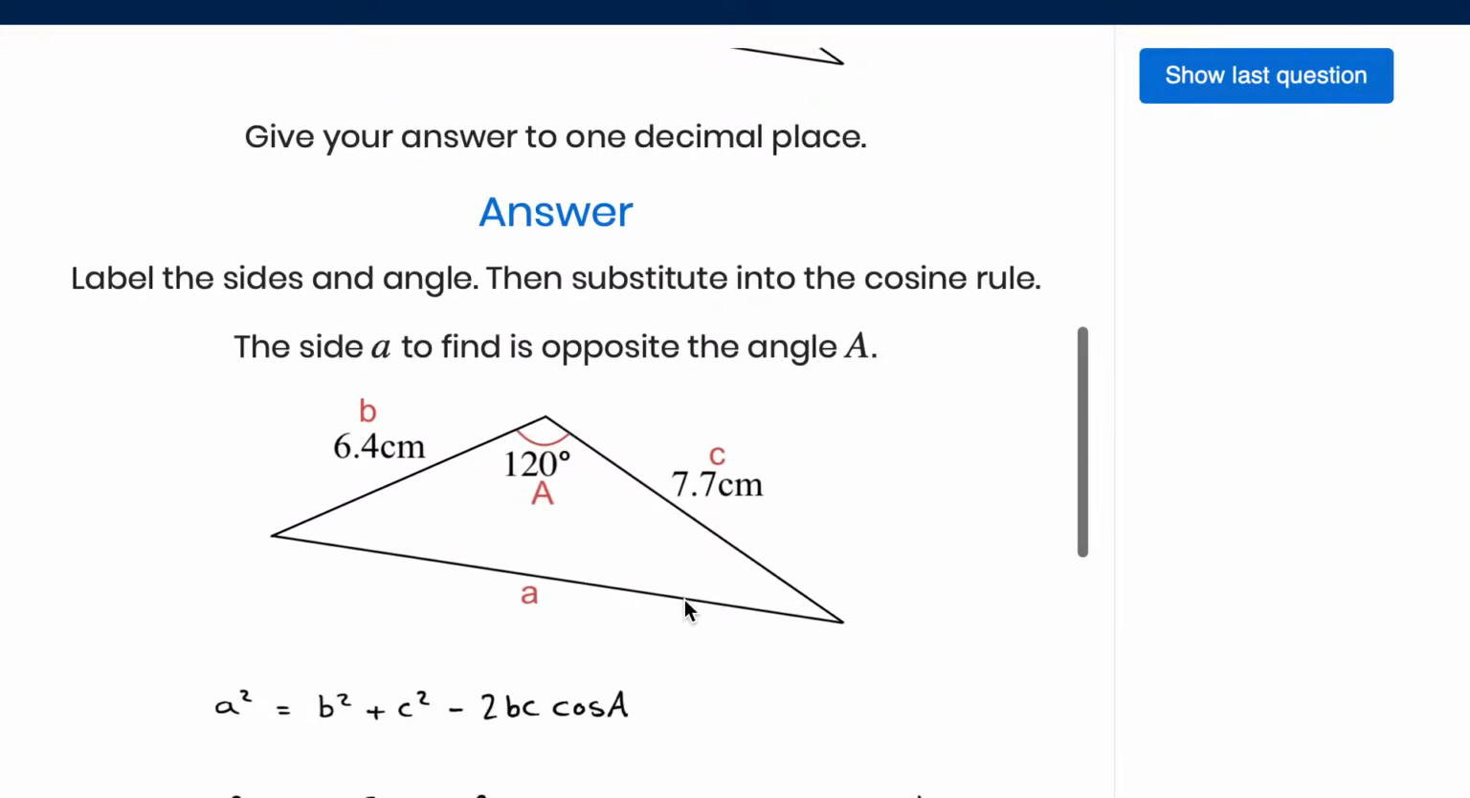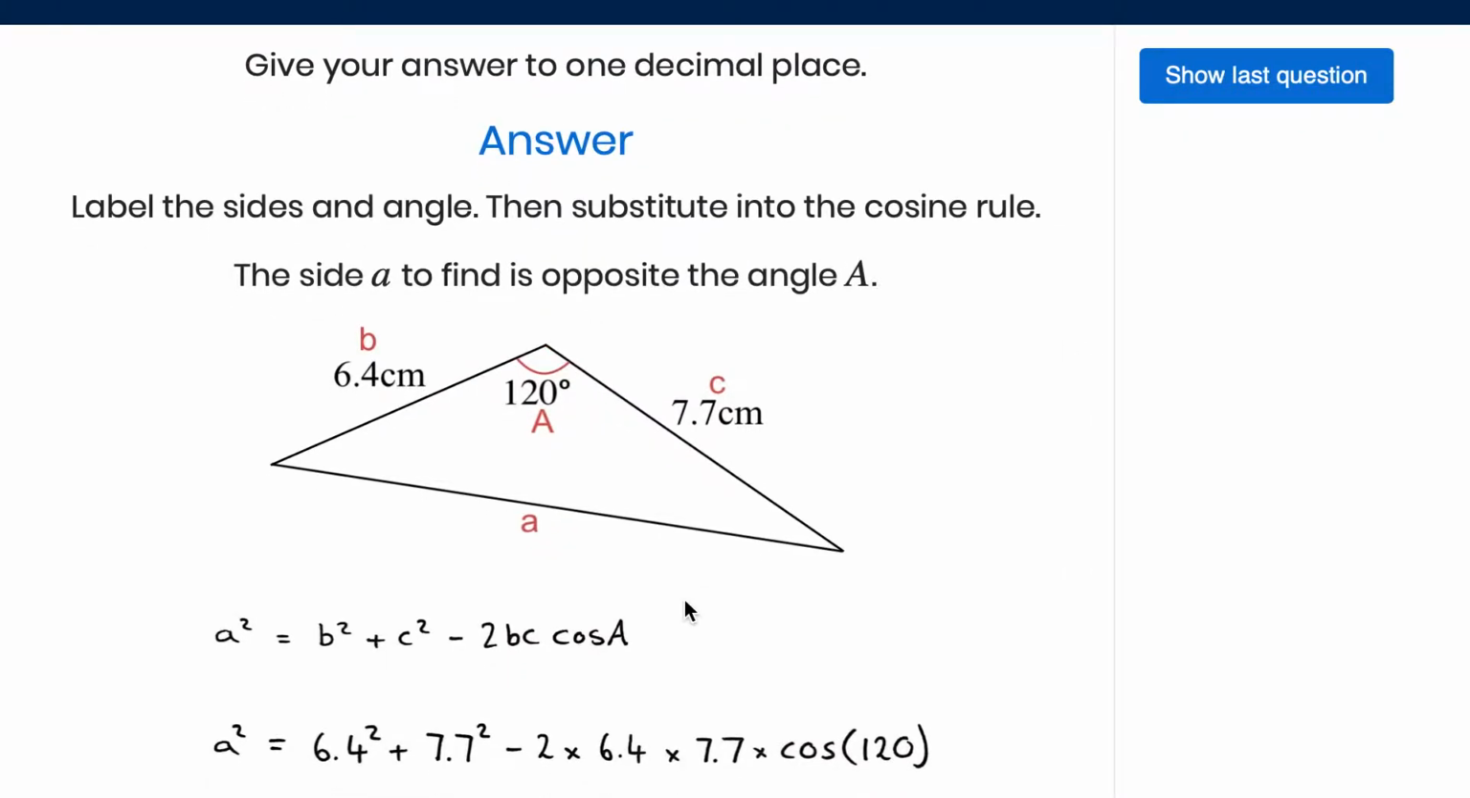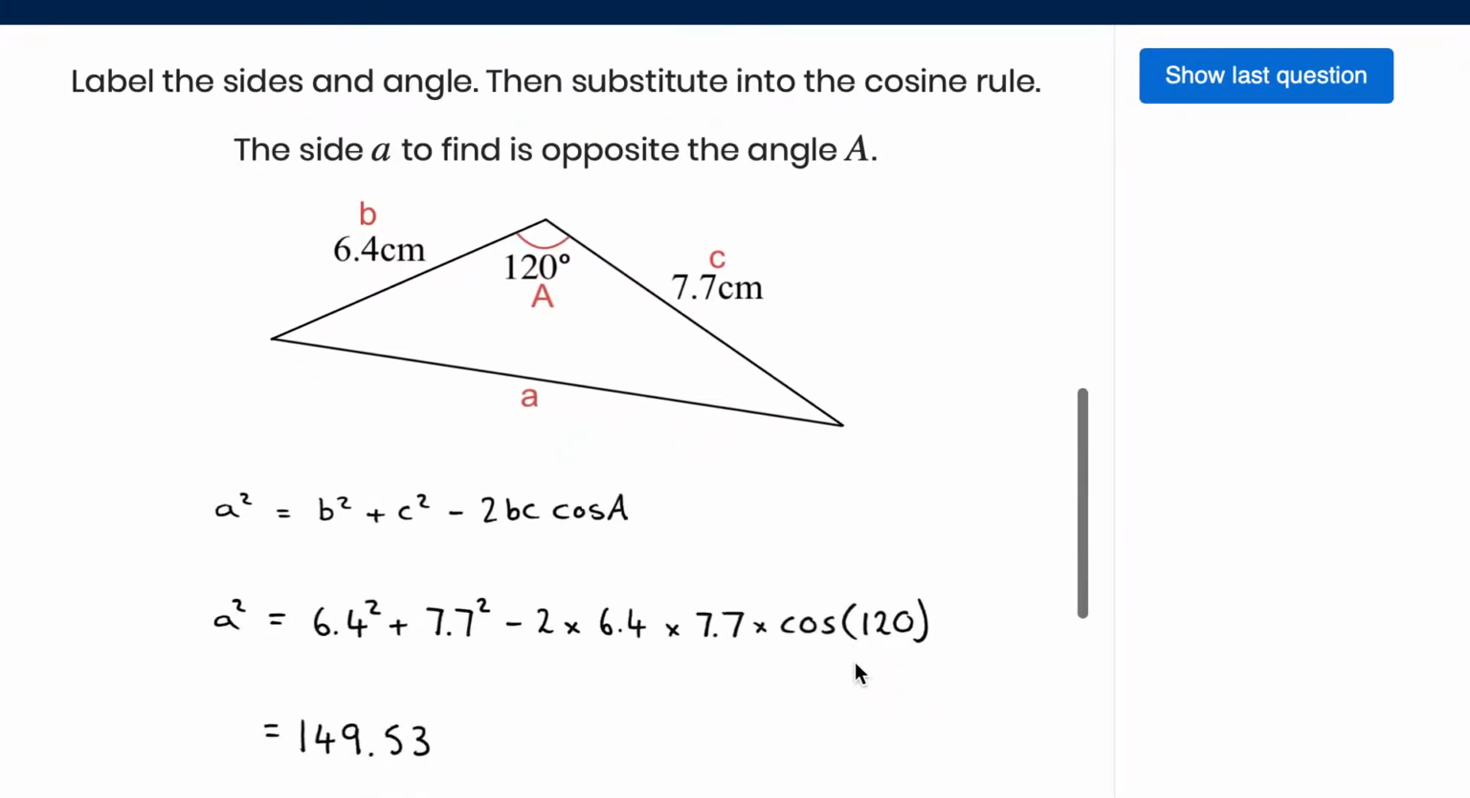Okay, so it's a good idea to first write down the cosine rule at the start of your answer because it helps you remember it. So a squared equals b squared plus c squared minus 2bc cos A, and substituting b equals 6.4, c equals 7.7, and capital A equals 120, we get 6.4 squared plus 7.7 squared minus 2 times 6.4 times 7.7 times cos of 120. Now this line can be entered straight into your calculator to get a value of a squared equals